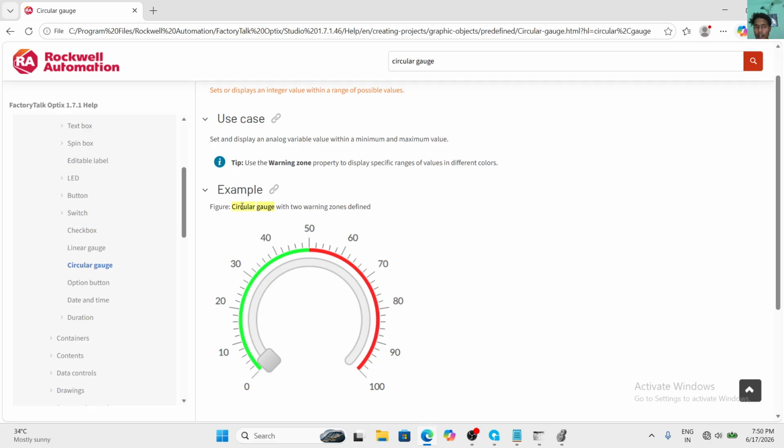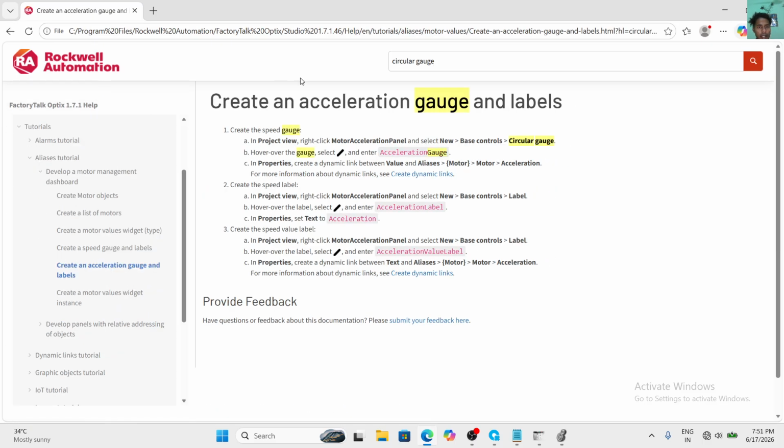Figure: circular gauge with two warning zones. From 0 to 50 the circular gauge indicates green, but from 50 to 100 it shows the red zone. Now I am going to create an acceleration gauge and labels of this type.